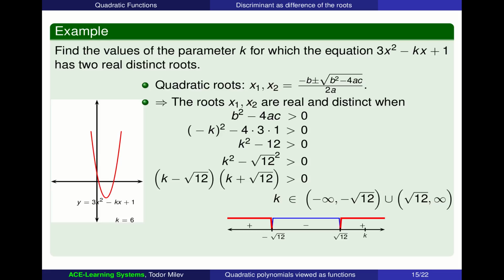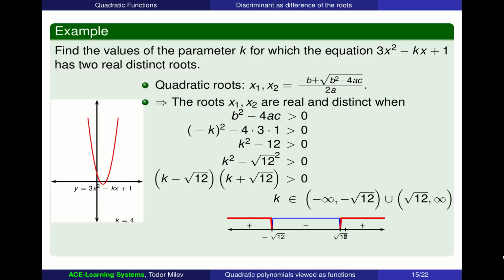By the way, let's see if we can get some plots. So what happens when the parameter k is say equal to 6? If we select k equal to 6, here's the graph of our 3x squared minus kx plus 1. That's what we get when k is equal to 6. Now what happens if I move k? What is going to happen if I let k be equal to 4? You see that I'm actually pushing the graph of my parabola